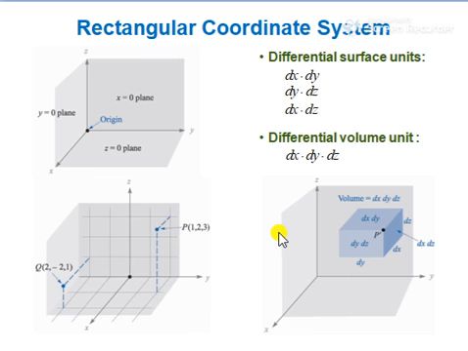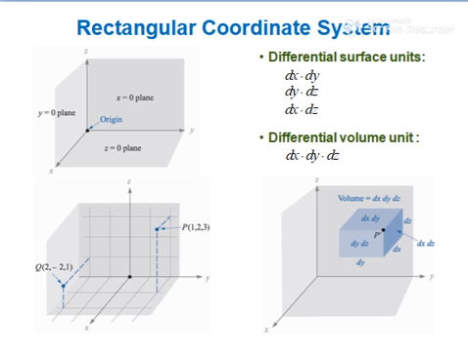The first one you are observing here is the rectangular coordinate system, which we will discuss today. Later we will discuss the second, the cylindrical coordinate system, and the third, the spherical coordinate system. Today we discuss the rectangular coordinate system, also called the Cartesian coordinate system, right?